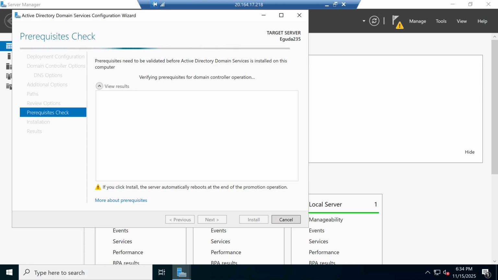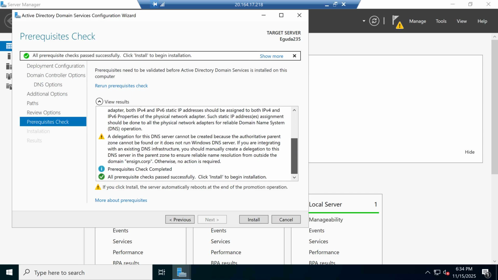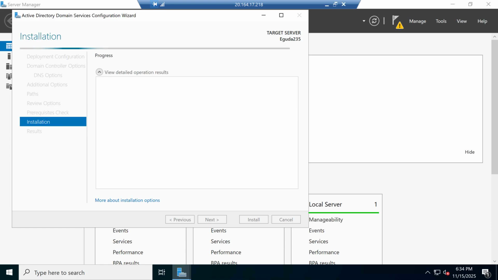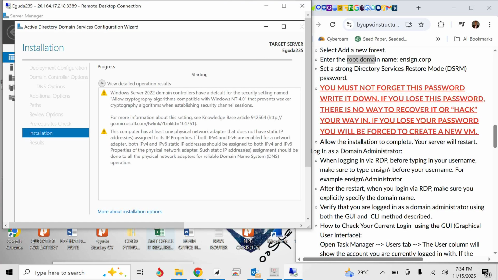Once it's done, we are going to see that it informs us that our prerequisite check has passed the test, which is this. So the next step is for us to install. Alright. So the installation is going to take some time. Meanwhile, the installation is ongoing, let's come back to